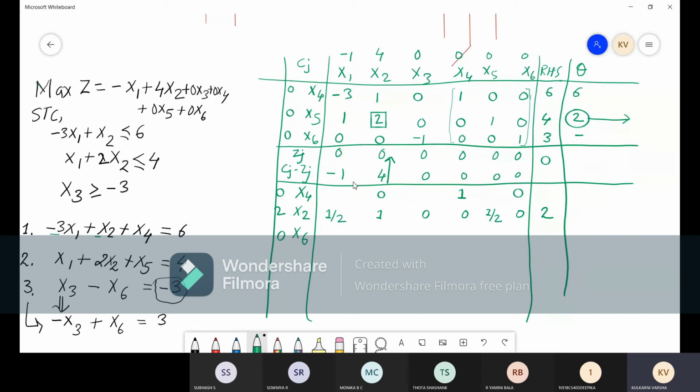So we should get this value. Let us find out for this 0 whether we'll get it or not. For finding this row's values, we need to take the newly entered variable and the old X4. Old X4 means from the previous iteration, right? So this row we need to consider, and this row we need to consider.